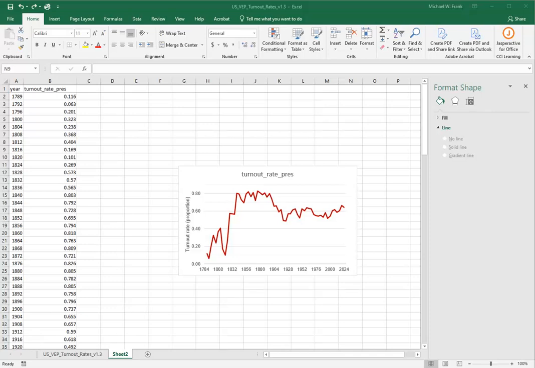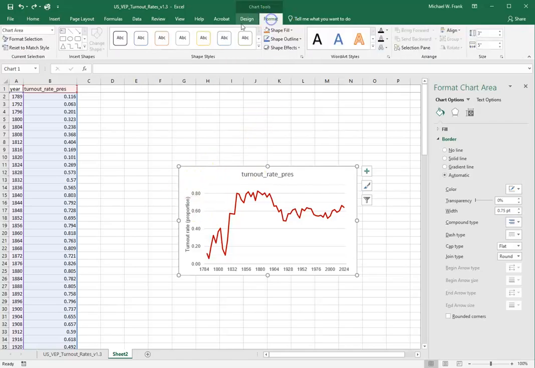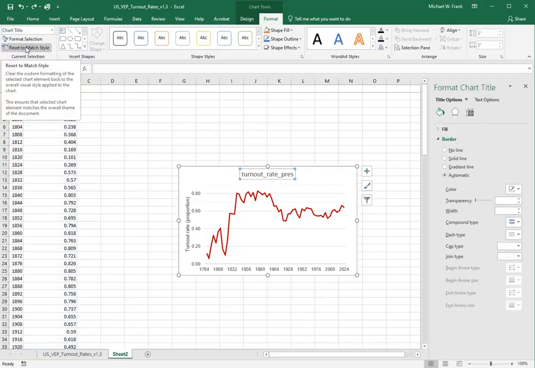In this video, I'm going to show you how to add a title to a chart in Excel. Notice that if I highlight the chart and go up to the Chart Tools Format, there is a chart title listed there, so I can select that. In my experience, it is better to insert your title in a different way rather than relying on the default